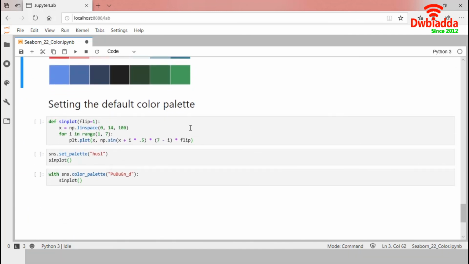The color_palette function has a companion called set_palette. The relationship between them is similar to the pairs covered in the aesthetics tutorial. set_palette accepts the same arguments as color_palette, but it changes the default Matplotlib parameters so that the palette is used for all plots. First we are going to define a sine plot, then we set a specific husl theme in set_palette and use this palette for the sine plot.